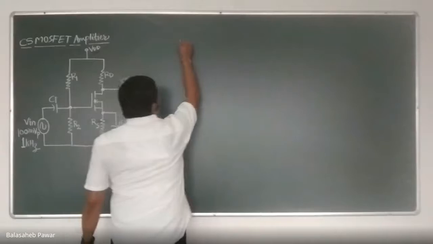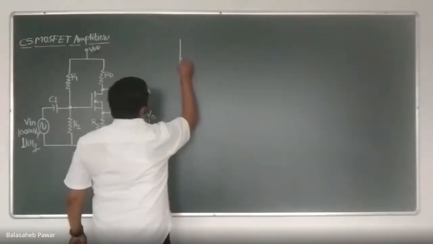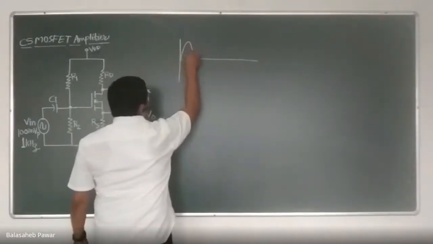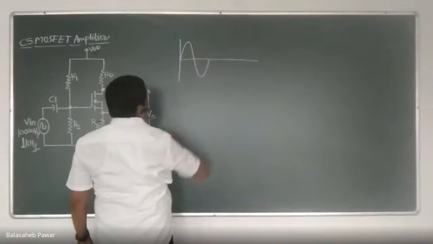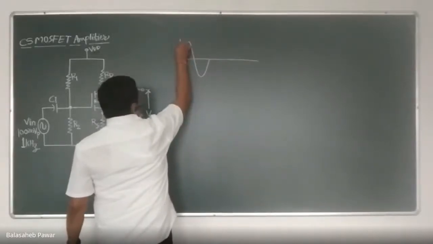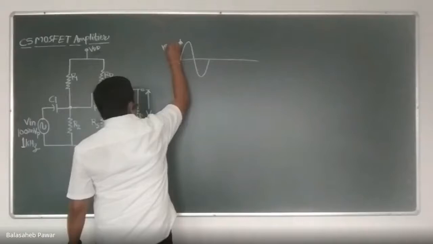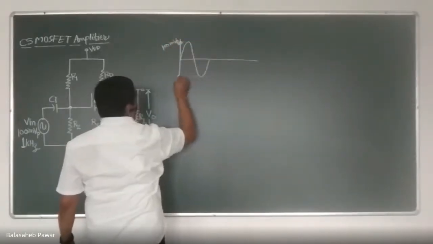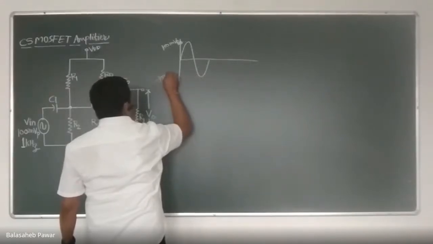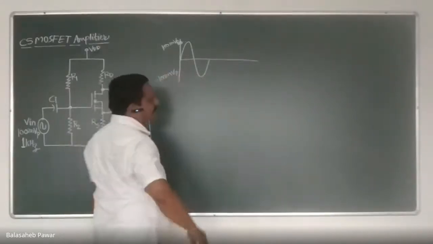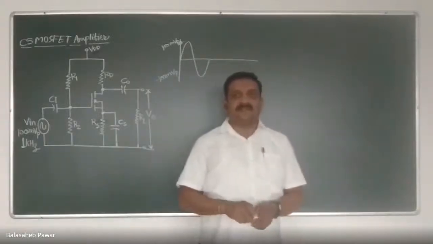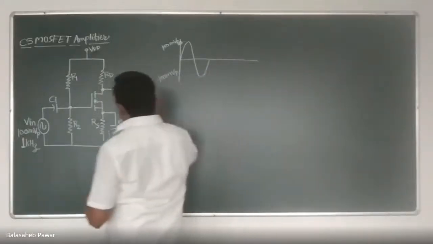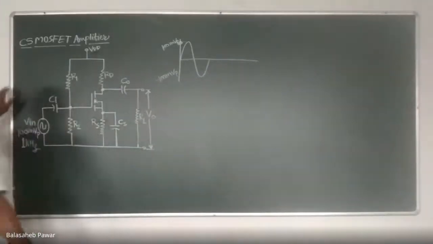First of all, we want to show how that input signal looks, or how we can plot it. So this is our input signal, which is sinusoidal in nature, and its peak voltage is 100 millivolts, positive peak, and the negative peak will be minus 100 millivolt. So we can call this signal a 200 millivolt peak to peak signal, right? But at this stage, we will call it only in terms of peak.